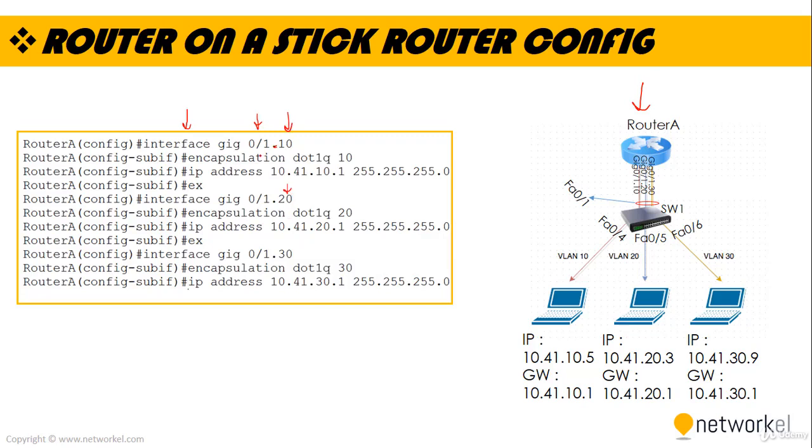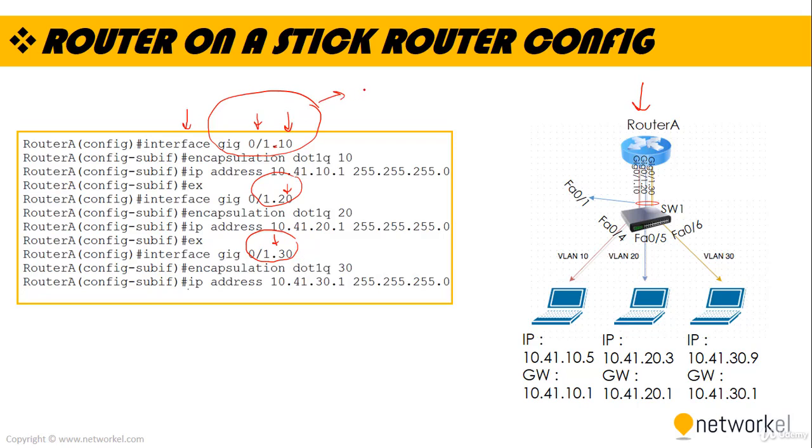This is the sub-interface, the whole thing: Gig0/1.10, Gig0/1.20, Gig0/1.30. Okay, I'm terminating VLAN 10, VLAN 20, and VLAN 30 here, as you can see, but